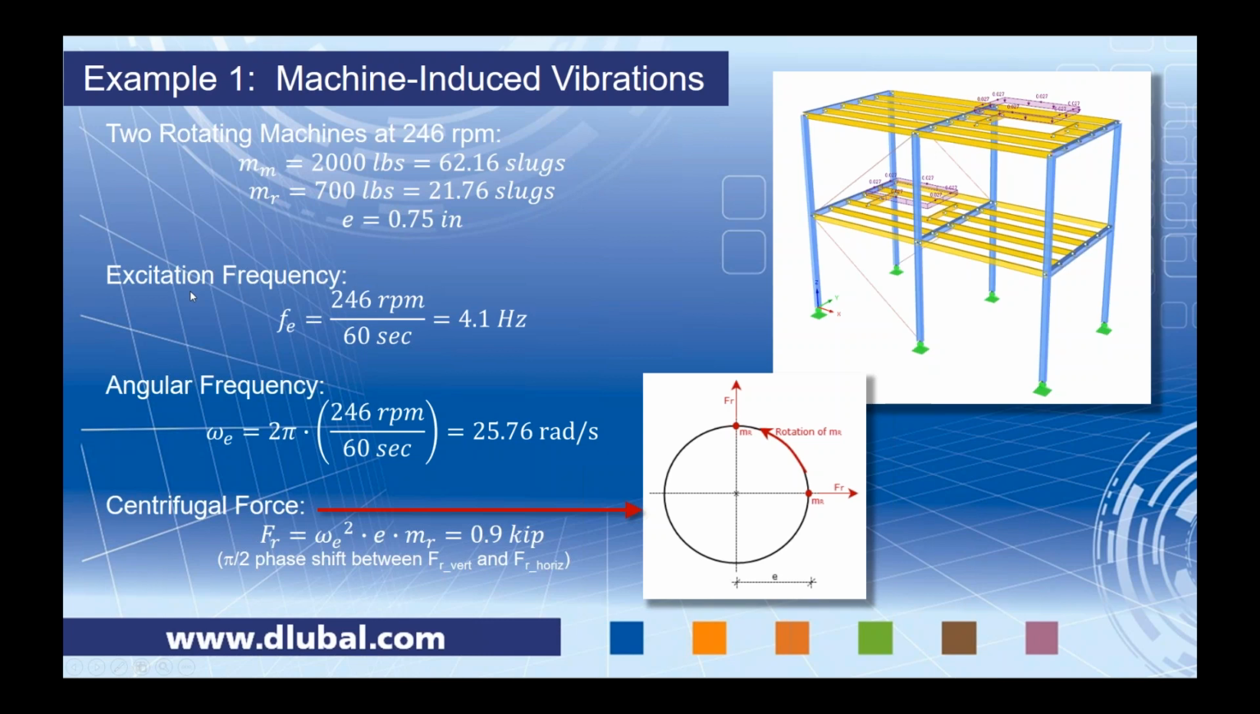Well, in order to find the excitation frequency, all we need to do is to take 246 rotations per minute divided by 60 seconds, and we get 4.1 hertz. The angular frequency is 2 pi times the excitation frequency, which gives us 25.76. Now, remember back to my natural vibration analysis, mode shape 6, we remember frequencies that line up almost identical